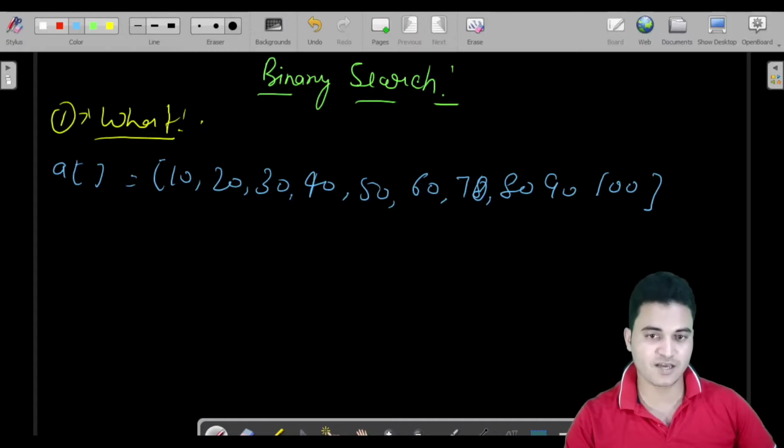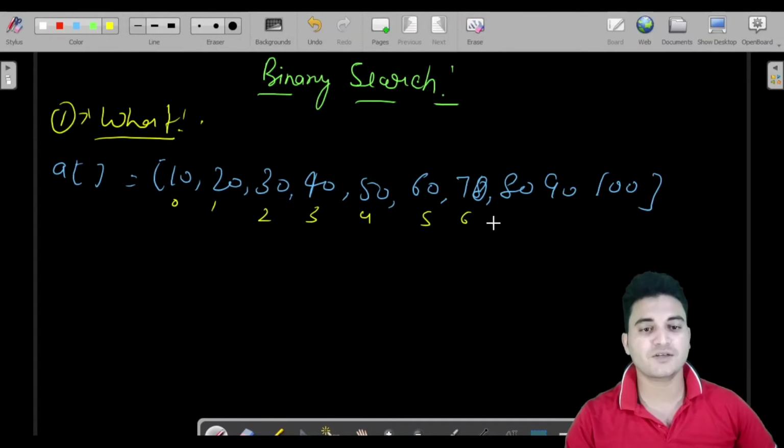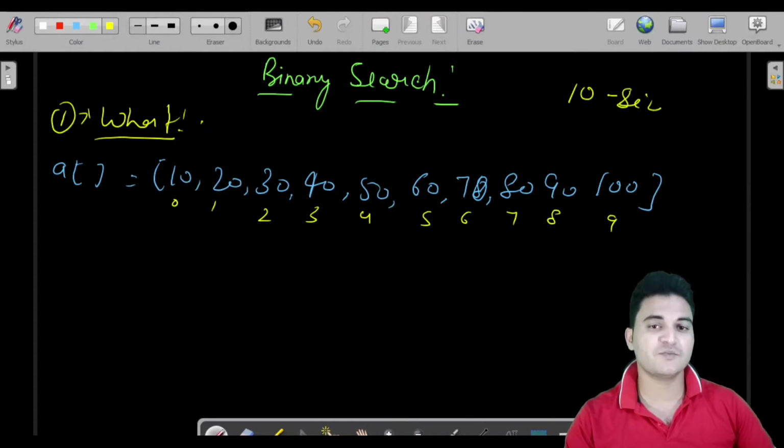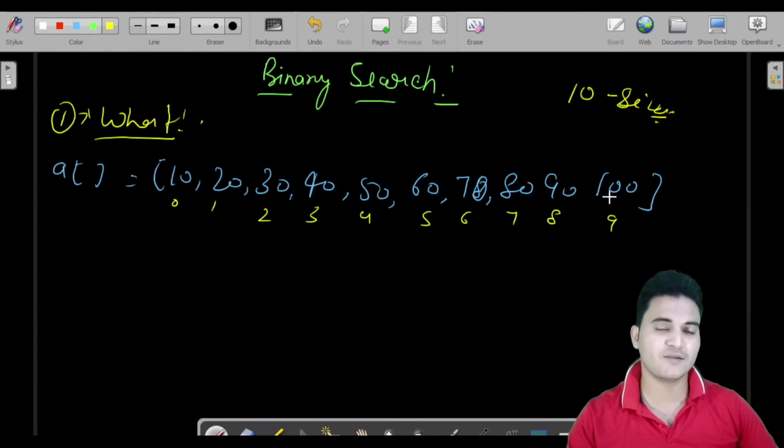The array is of size 10, and the positions are 0, 1, 2, 3, 4, 5, 6, 7, 8, 9. So the last position in this array is 9. I have already discussed this in the introduction to arrays. If you are confused with these indexes, you should watch the first video in the array series.